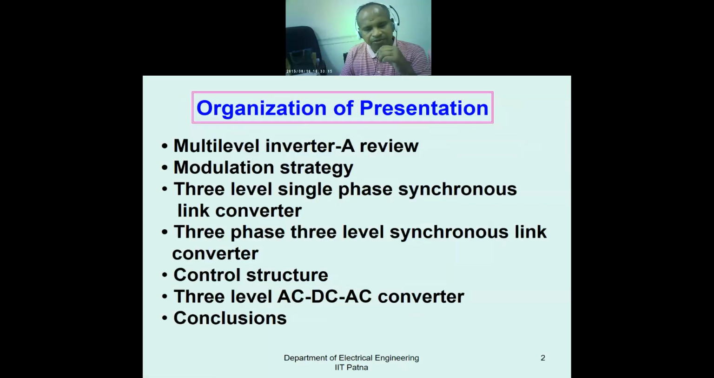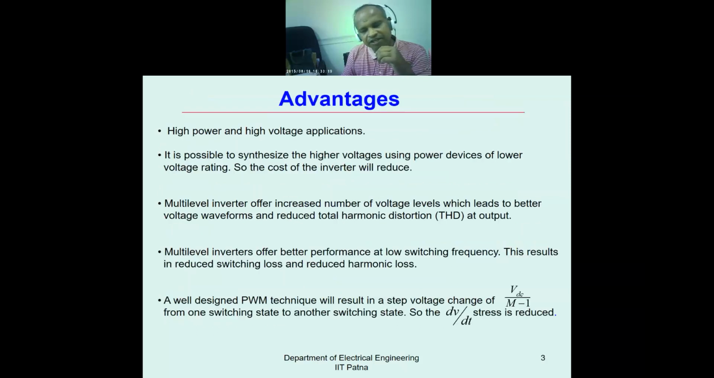And multi-level converter is more than 3 level, and we will see some design aspects also, because in power electronics, design is more important than our hardware analysis. So here